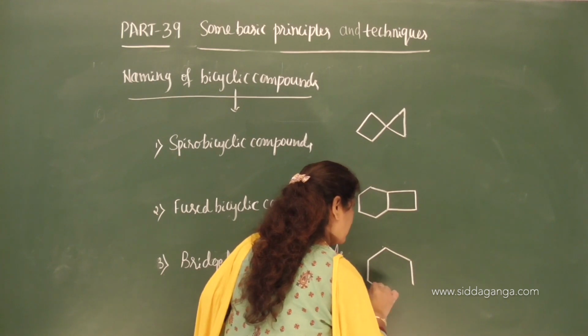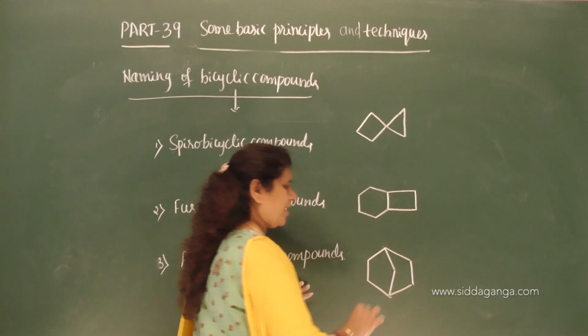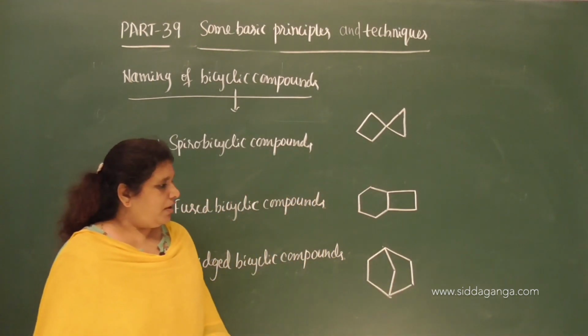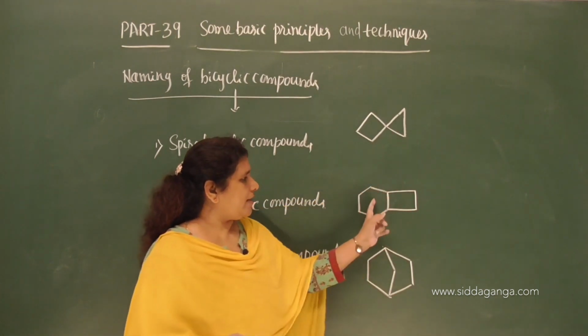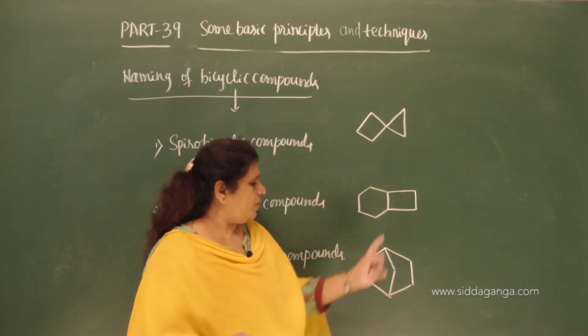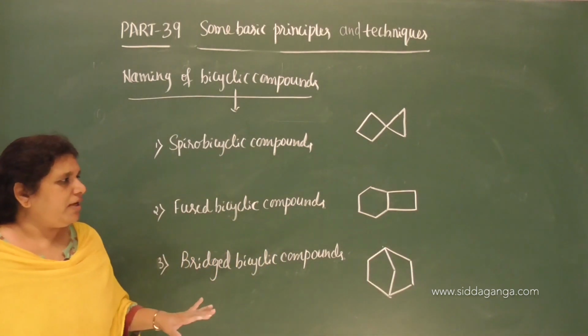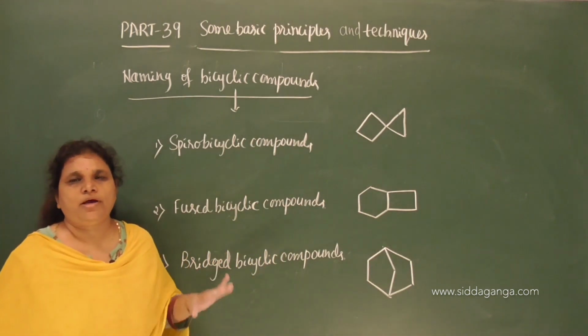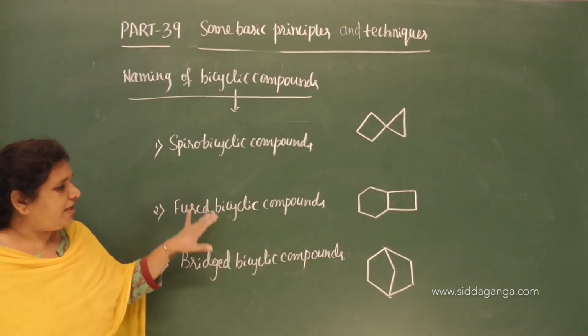So, this is bridged bicyclic compounds. Now, in all the three types, we have two cyclic rings, 1, 2, 1, 2, 1, 2. But depending on how many carbon atoms are common between the two cyclic rings, we can classify it into three